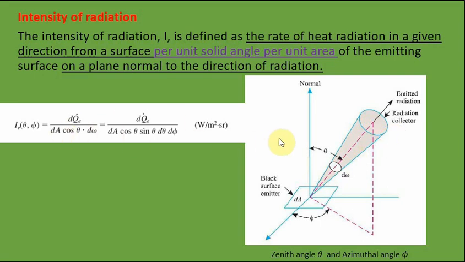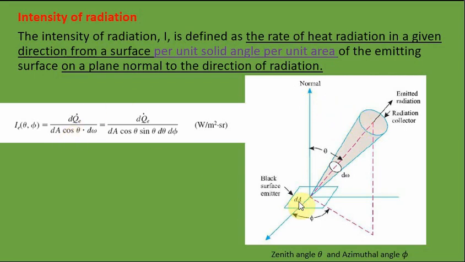For easy understanding of this dA cos theta, just imagine here you have dA, and exactly above this another projected area is there. So both the planes are parallel. That means what's the projected area of dA on this plane here? It will be dA cos 0. That means dA itself. If you project this in a direction perpendicular to this normal, it will be the same as dA. When it is inclined by theta, it will be dA cos theta.